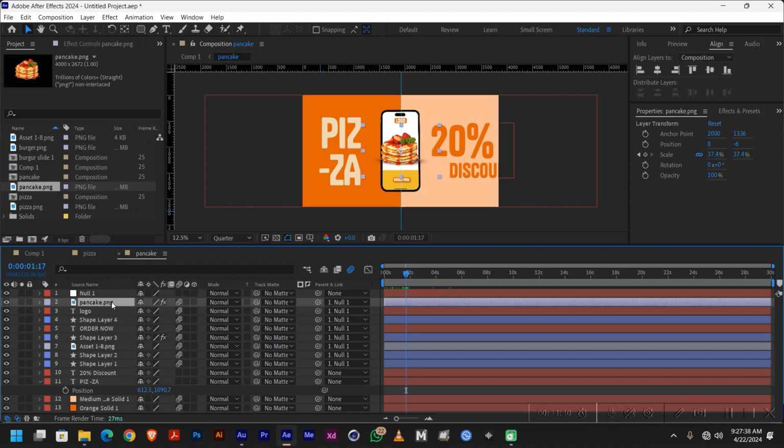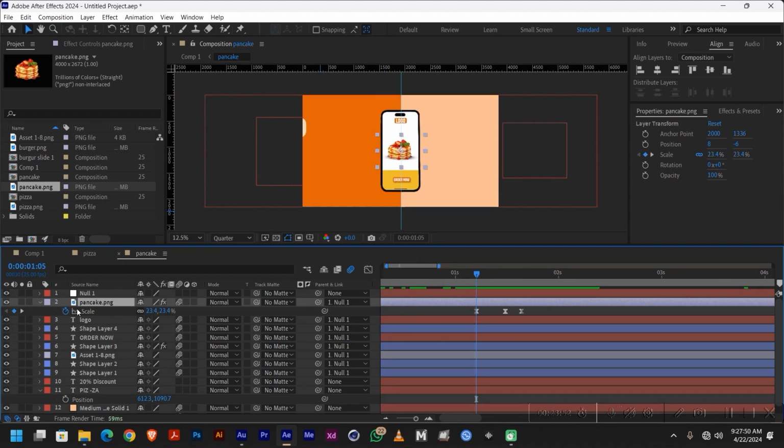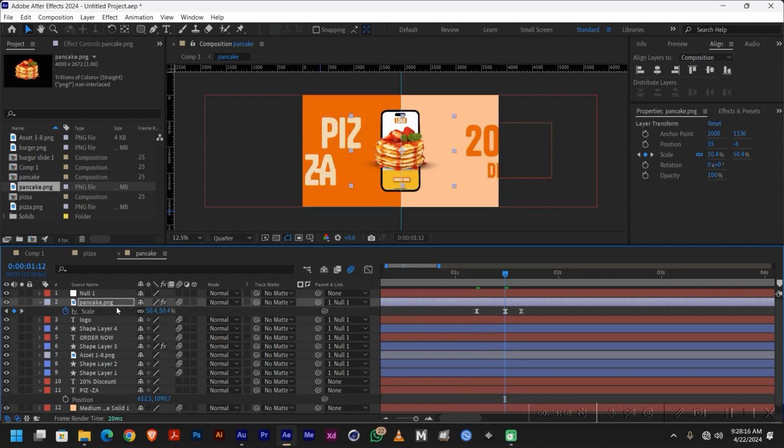Okay, so next, we are going to correct the size of the pancake. So you press U to bring up the keyframes. So let me expand this a bit. It comes in at this, it looks very small, so let me increase it here. Good. Let me bring up the positioning. Okay, so I press S to bring back the scale property. So the next scale, okay, this looks good, so let me increase it a bit. And then the next is supposed to be out of the frame